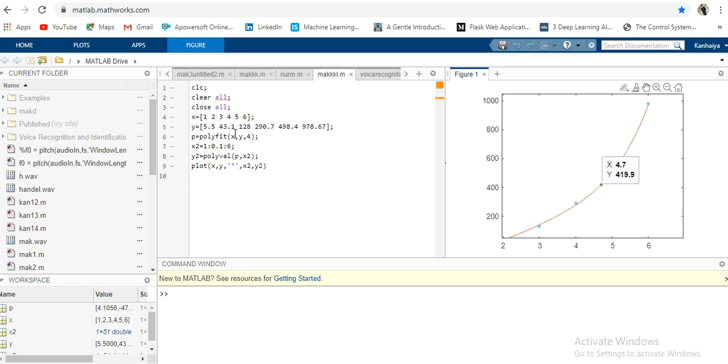Let me clear it first. What the polyfit function does is take data x and y. After taking the data, it also takes as an argument the order of the polynomial, that means at what order of polynomial you want to fit this data. For that we take a range of values, and for each value we calculate the value of the polynomial and store it in another vector. After that, we plot all the values and see if it is fitting the data correctly or not. We can take many examples for this one.